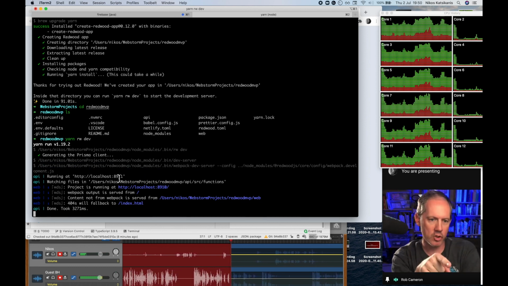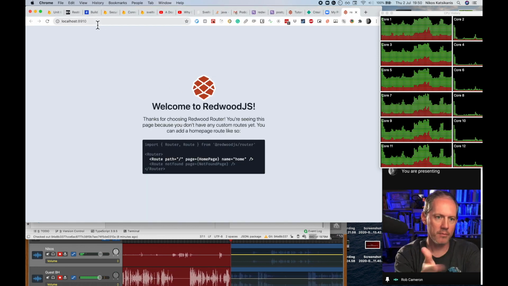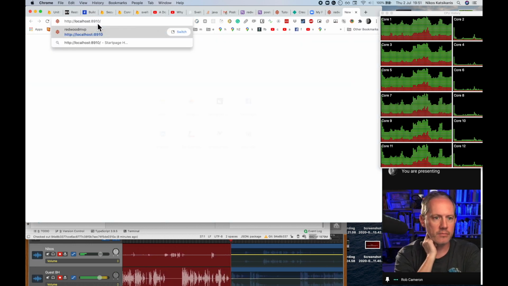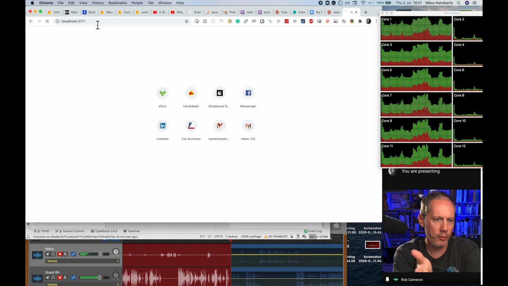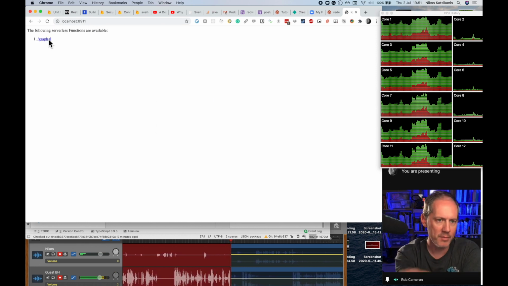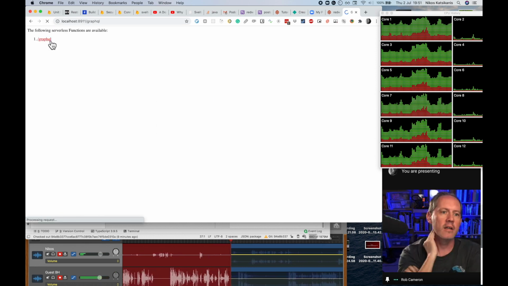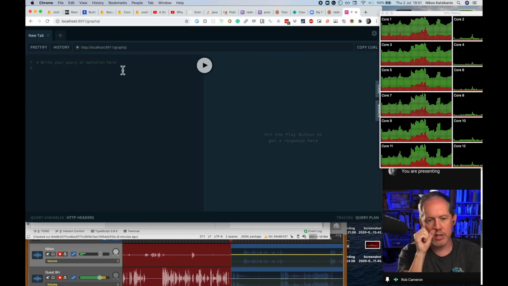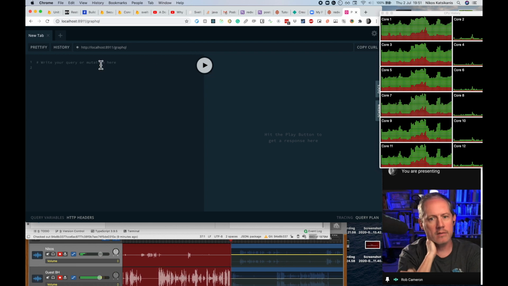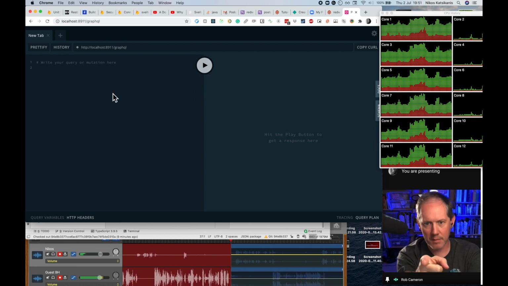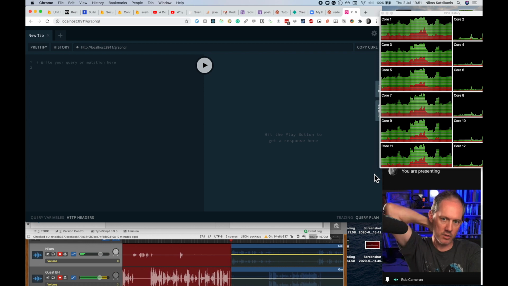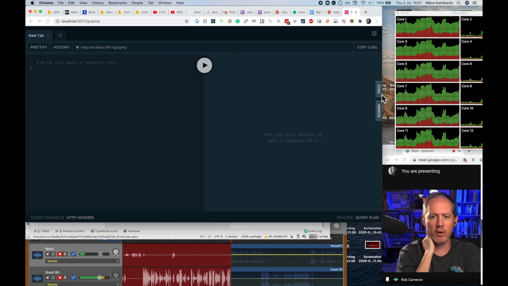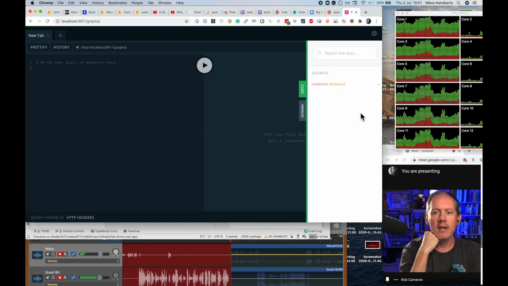There's a server running on 8911 that presents the actual functions. When you're developing locally, you'll usually only use 8910 for the front end. But in 8911 there, if you click on GraphQL, this comes from Apollo, this GraphQL playground. So you can actually introspect your GraphQL endpoint. And if you can see it over there on the right, there's two little tabs, docs and schema. Of course you don't have anything yet, but it'll show you the docs and the schema for your GraphQL and help you write queries out here. So that's one way you can, as you're developing,